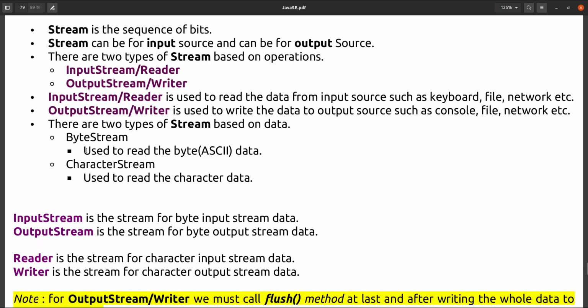To read byte data, we have to use input stream and output stream, and to read character data we have to use reader and writer, because reader and writer are designed for character stream data, and input stream and output stream are designed for byte stream data.